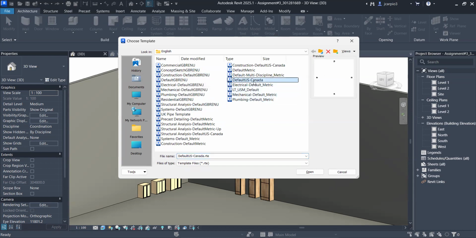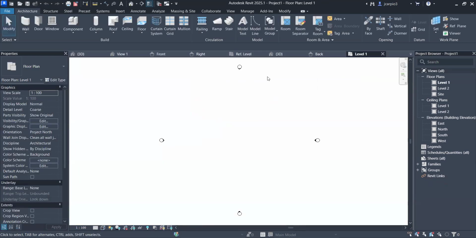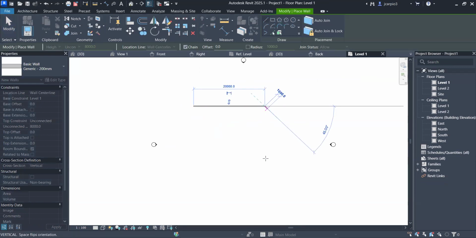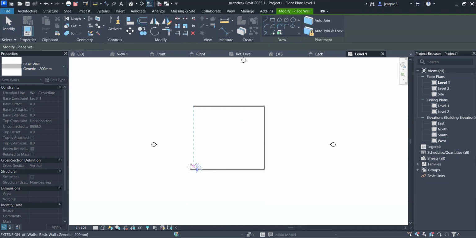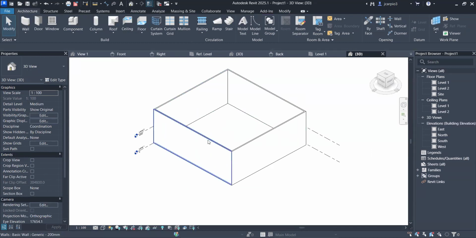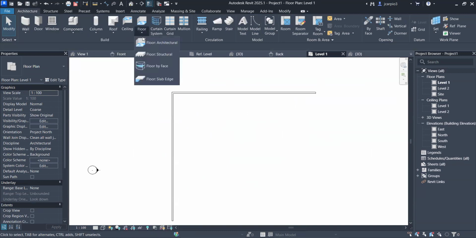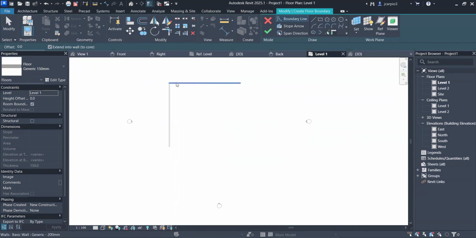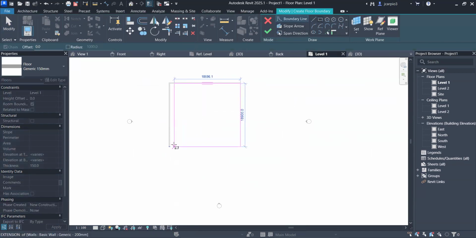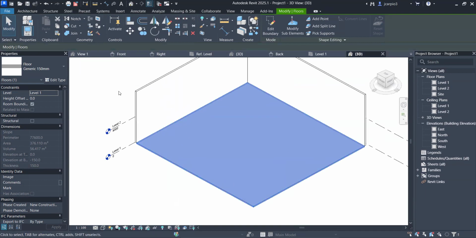You can browse and choose the default construction default, default US Canada or default metric, and from here you can have an imaginary plan, creating walls, and then go to the 3D view, and we can see this level one, and create a hypothetical floor, like here, and then okay, and then when you load your family,